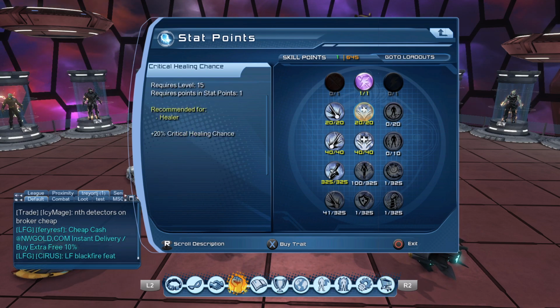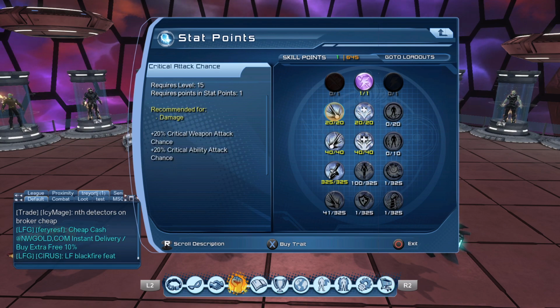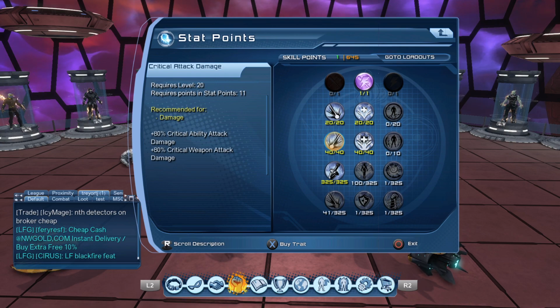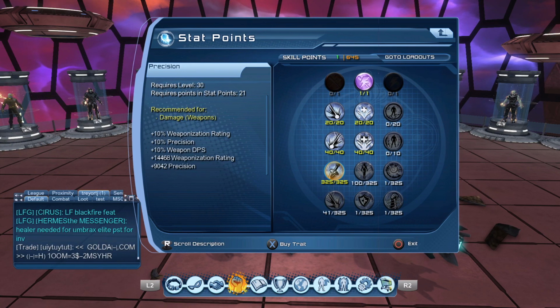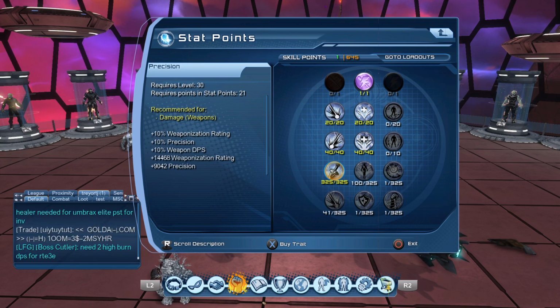But yeah, so we got our critical healing chance and magnitude, our attack chance and attack damage as well for our crits. This one is more focused on doing more damage for this battle heal, so definitely keep that in consideration. So we're going to try to max out our damage